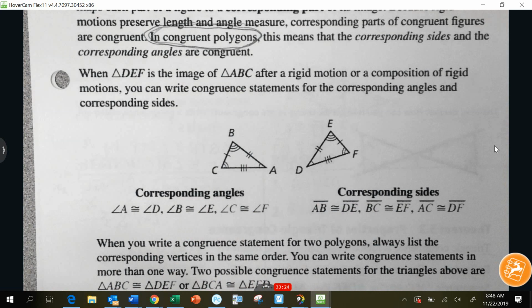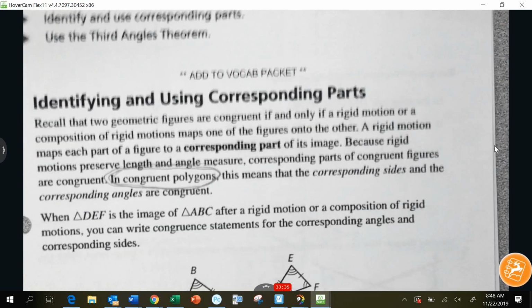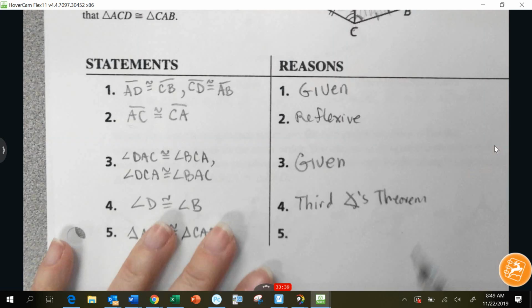It's not a definition. I don't want you to say the actual thing. I want you to say it in your own words. Why would those two triangles be congruent? I gave you a hint. It's because the corresponding parts